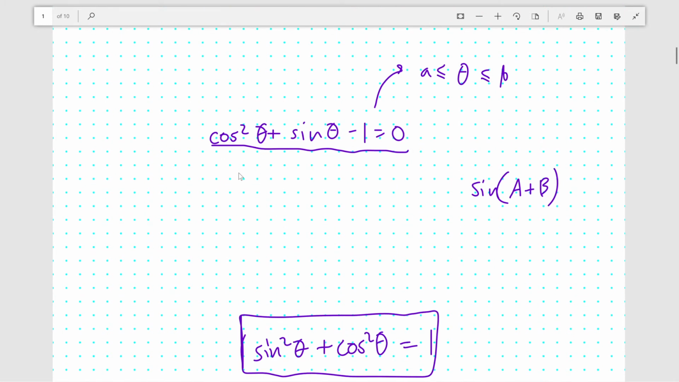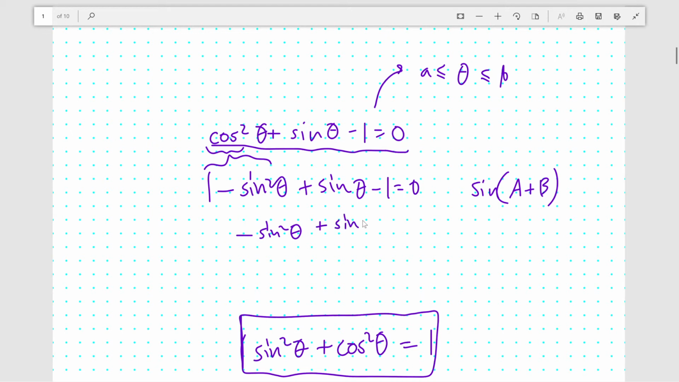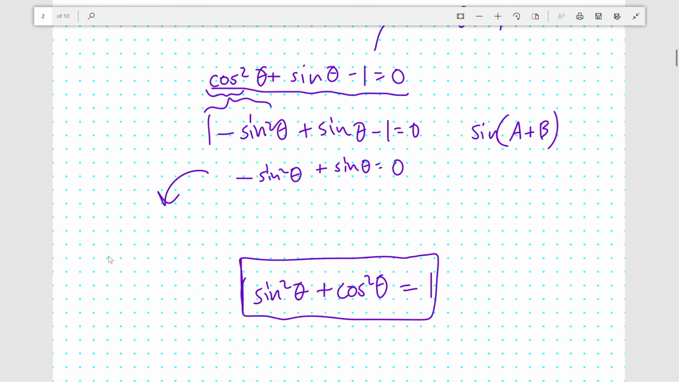So you take the identity that 1 minus sine squared theta is equal to cosine squared theta, because you're switching this into this, and you get 1 minus sine squared theta plus sine theta minus 1 equals 0, or that minus sine squared theta plus sine theta is equal to 0. Or if you want to factorize out the sine theta, you'll get that sine theta times 1 minus sine theta